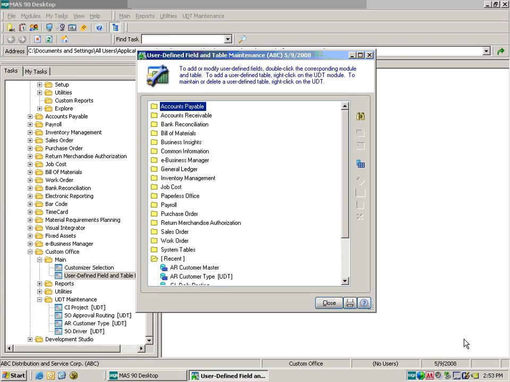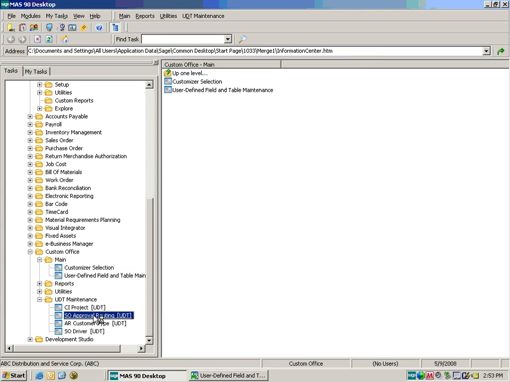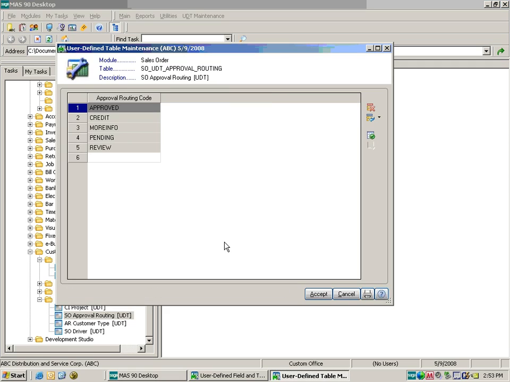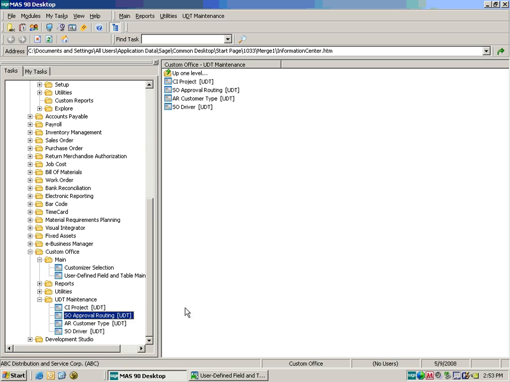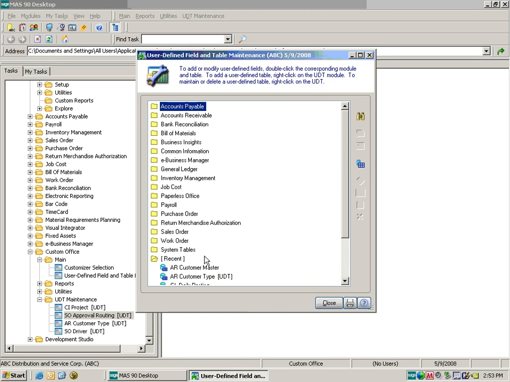So to continue on with the demo, what we're going to do now is get into a little routing approval system that we're going to build. I already have this approval routing table, and I just added a bunch of codes. So we've got approved, credit, maybe it's credit check, return for more info, it's pending, or it's under review. So what we're going to do is go back into user-defined field and table maintenance, and then on our sales order header table, we're going to add this routing